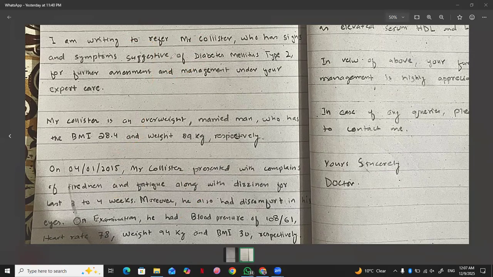I'm writing to refer Mr. Cholester, who has signs and symptoms suggestive of diabetes mellitus. So this D and this M should be small, and this P as well, for further assessment and management under your expert care. Okay, this is fine. Mr. Cholester is an overweight